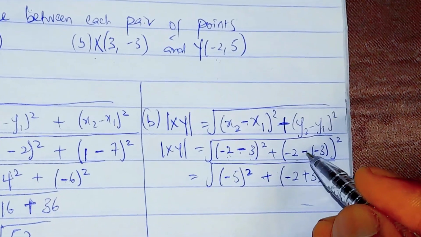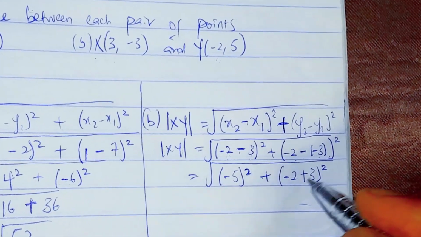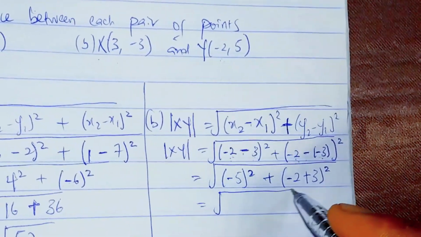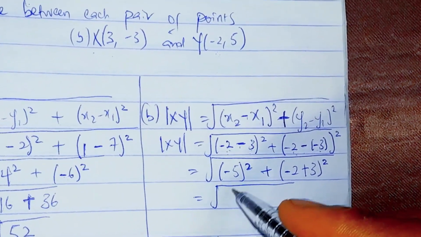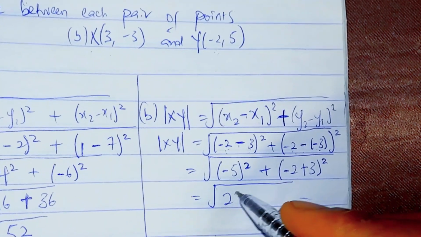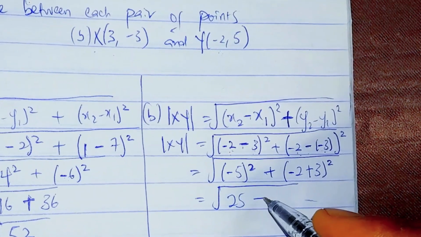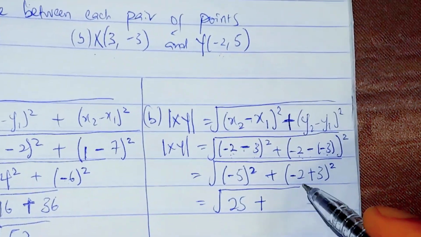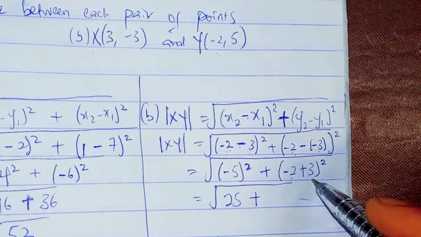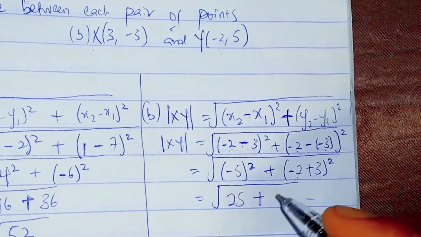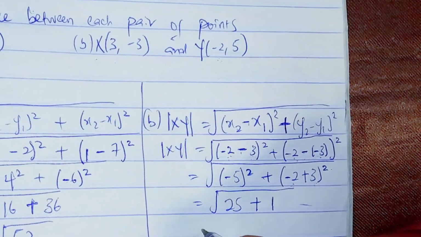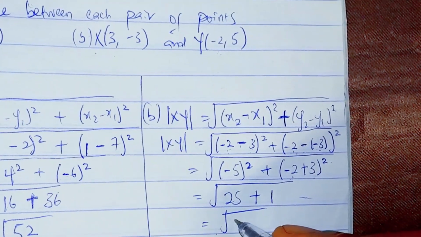Why? Because minus minus here is plus. This remains the same. So what does this become? The square root of, now, minus 5 all squared is the same thing as minus 5 times minus 5, and that's 25. Now, let's see, plus minus 2 plus 3. I'm owing you 2, I have 3, so I'll give you your 2. I would have 1 left. So 1 squared is 1. So this is the square root of